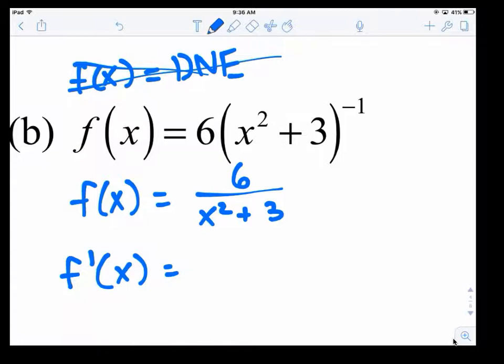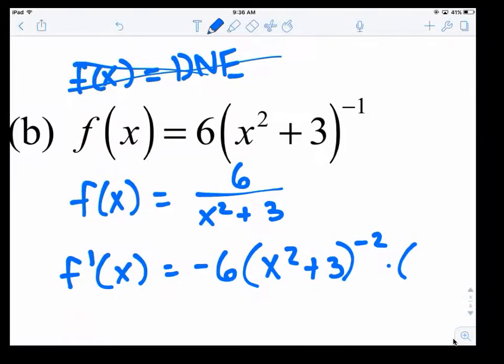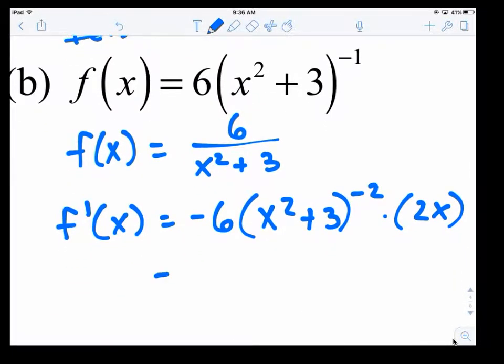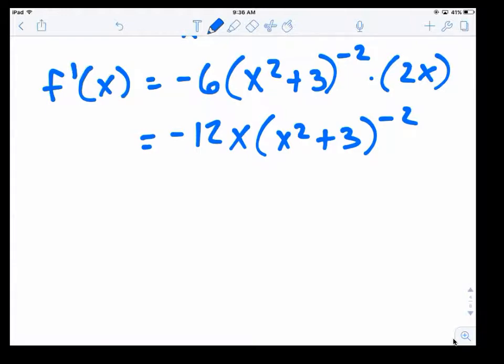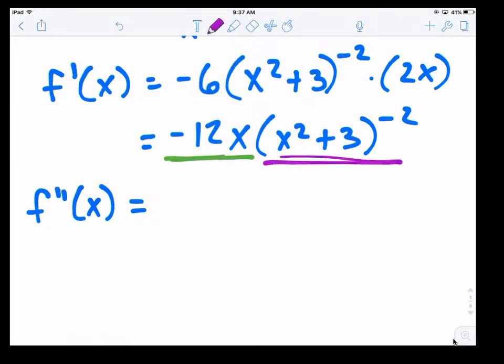All right, so your first derivative would be negative 6 times x squared plus 3 to the negative 2 times 2x. So that's negative 12x times x squared plus 3 to the negative 2. Now, for the second derivative, we need to use what? Right. So you got one function, and you got